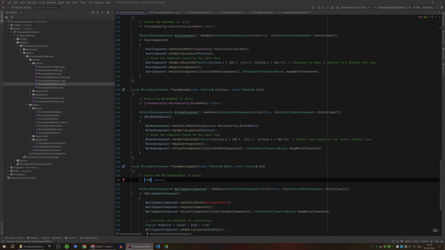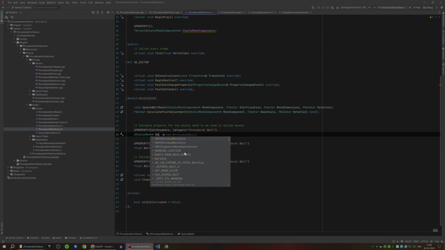The wall segment is actually going to be mesh. So wall, I think wall mesh. Let's just check quickly. So let's name this as wall mesh. Okay,